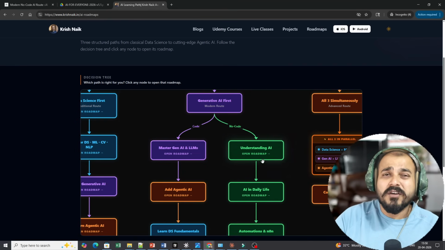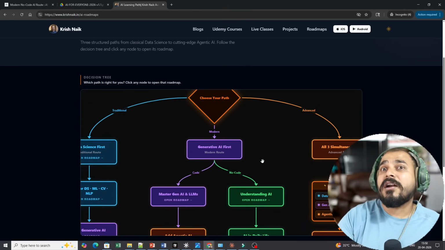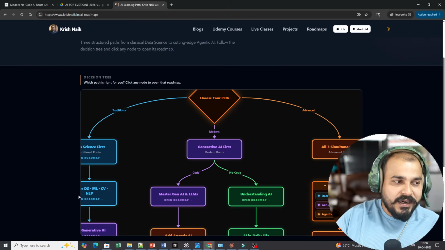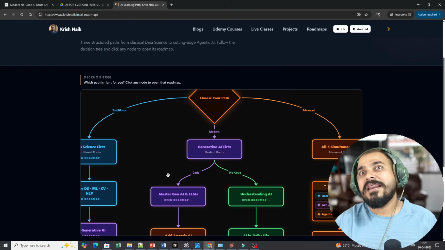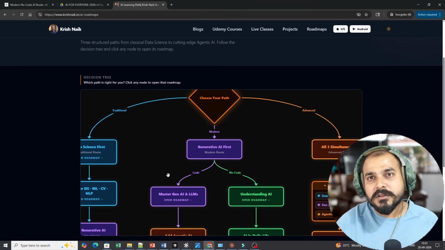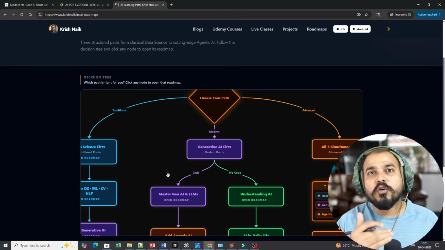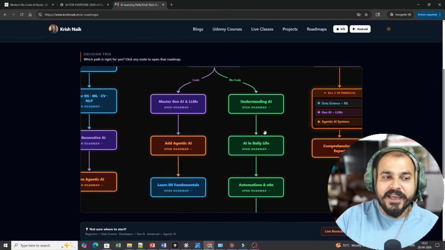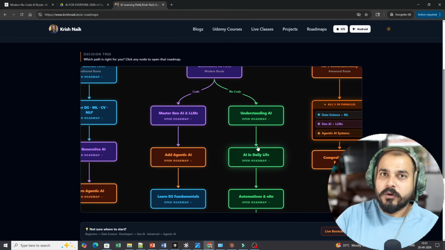There is a huge set of audience. Just ask yourself what background you are coming from. If you have a coding background, then you can definitely go ahead with some other route. If you're not coming from any kind of coding background, you are a business person, a technical person, even a fresher, you don't know about AI, and you don't want to start from the coding part, you want to start from the no-code part so that you can quickly understand Gen AI and agentic AI, then you should definitely go through this no-code route.